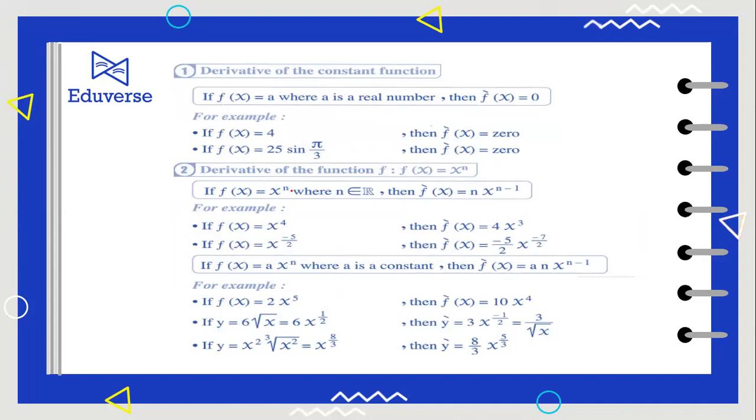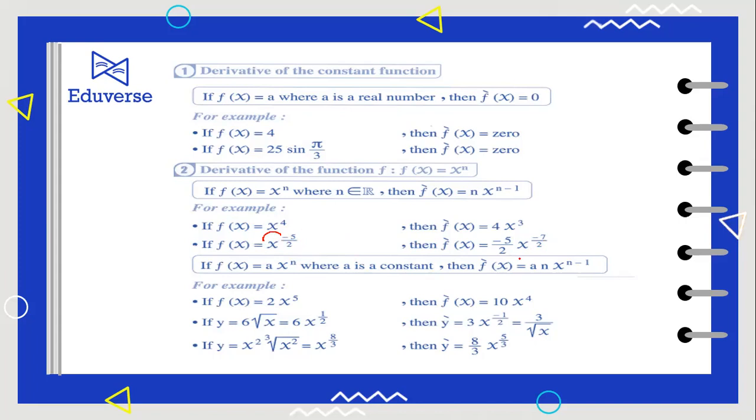The derivative of a function to any power, like x power n: put the power forward as a number, and subtract 1 from the power. Like this example, x power 4: put the 4 forward, it will be 4x, and subtract 1 from the power, 4 - 1, it will be 3. Like here, x power -5 over 2: bring -5 over 2 forward, and subtract 1,